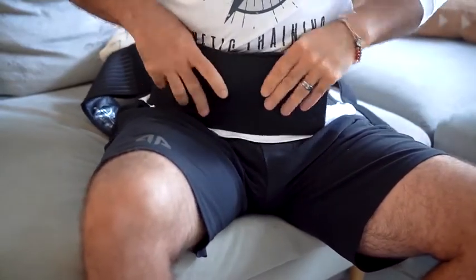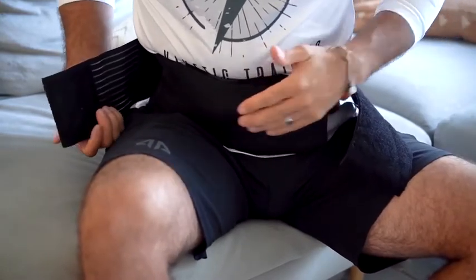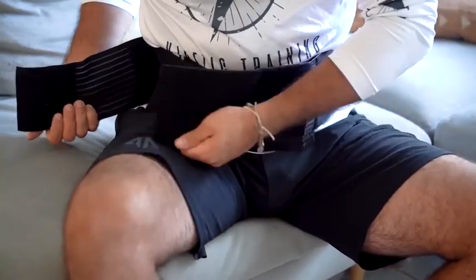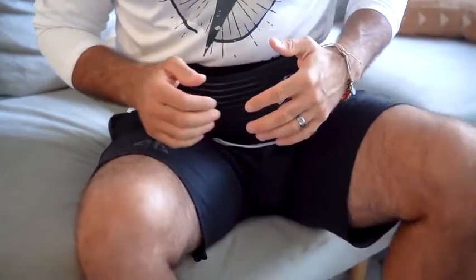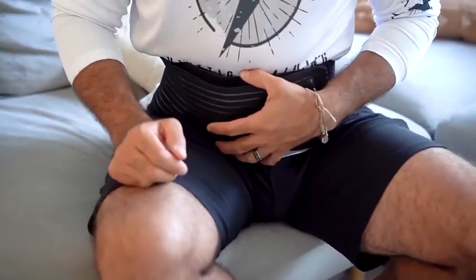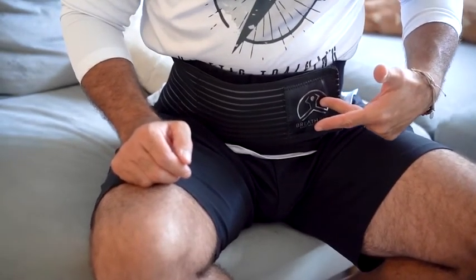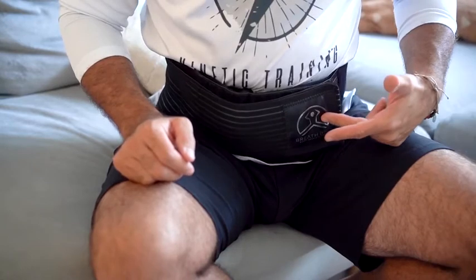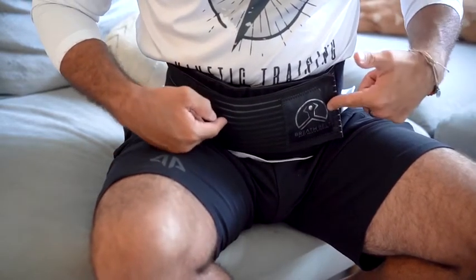I'm going to resist, and that's going to allow me to right away begin to feel that pressure in the psoas and the abdomen. Now, what we want to be sure of here is breathing diaphragmatically and belly breathing. So as I breathe in through my nose, I'm pushing out against the breath belt, and then as I breathe out through my nose,